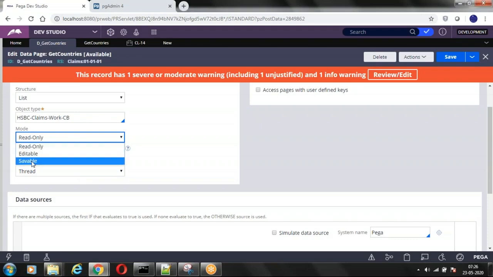Savable means the low versions of Pega, these data pages were only used to retrieve the data. They were never used to insert or update the data. Now this is a new feature that has come up. You can also use it to insert data into the DB. Okay. Now one important thing you need to know is if it is marked as editable, you will not see